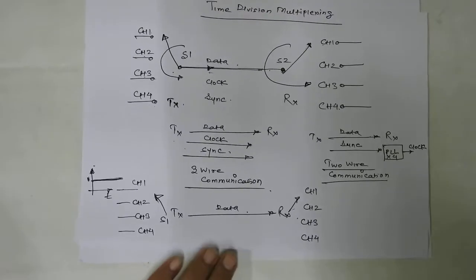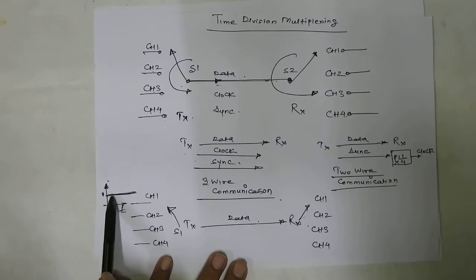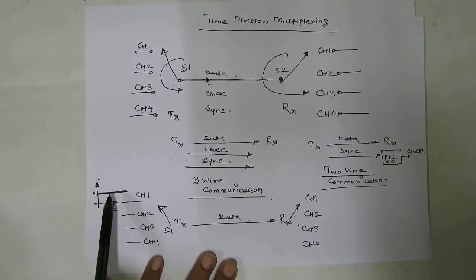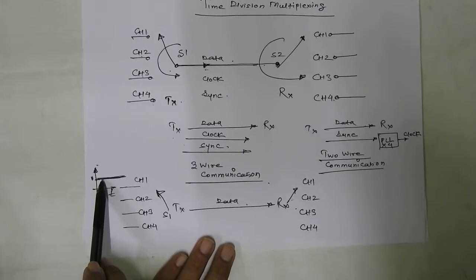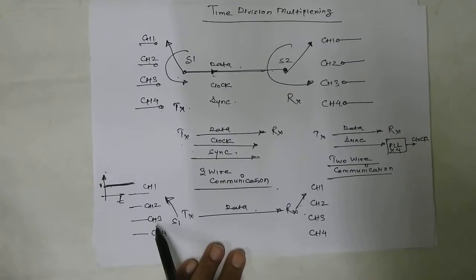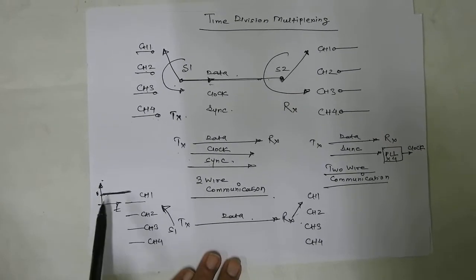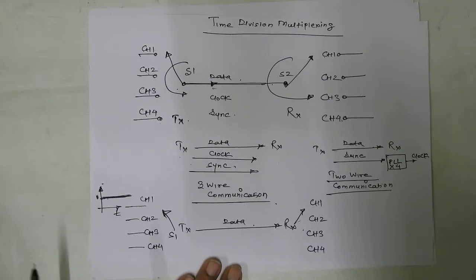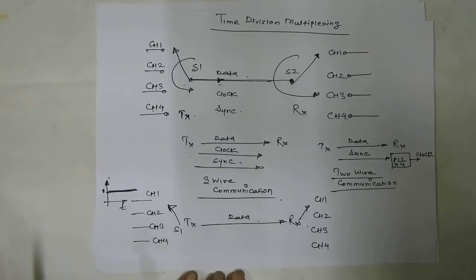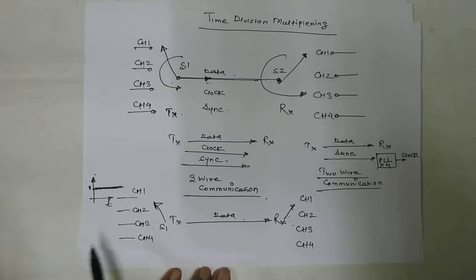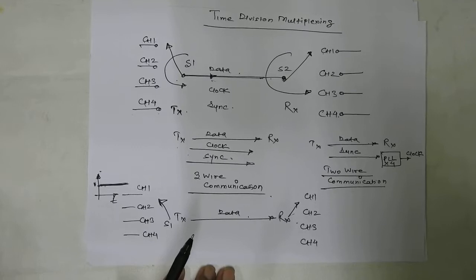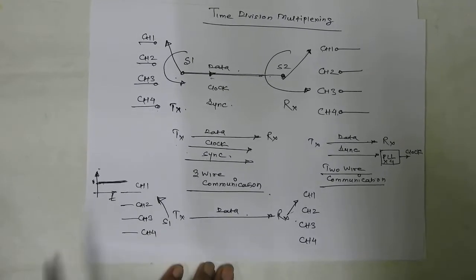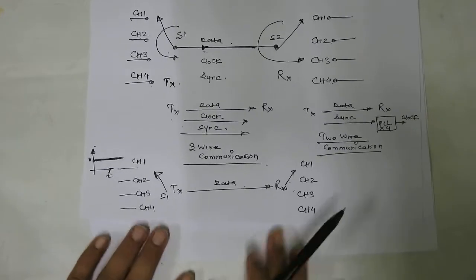But what we will do is, we will keep the amplitude of this DC voltage such that it is the maximum compared to channel 2, channel 3 and channel 4. So the amplitude of this DC voltage which has been given to channel 1 will be the maximum amplitude compared to channel 2, channel 3 and channel 4. So what will happen? This is a DC switch. Whenever this switch touches channel 1, I will get a constant amplitude pulse.